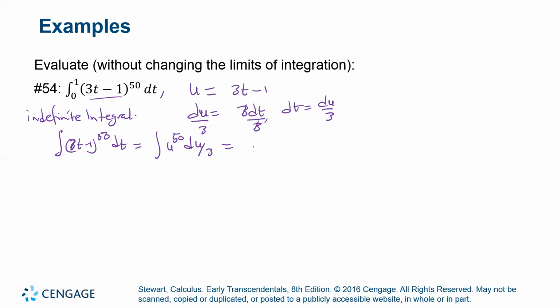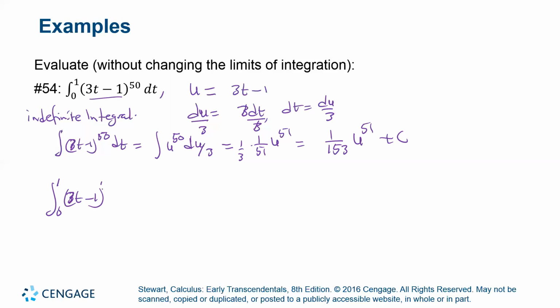That is supposed to be 1 over 51, u raised to 51, but there is 1/3 outside that. So that is 1 over 51 times 3, which is 153, u raised to 51 plus C. Now, when we substitute back what we have there from 0 to 1, 3t minus 1 raised to 50,